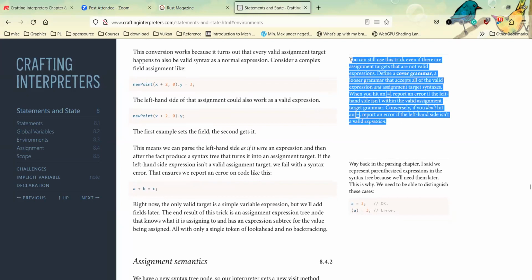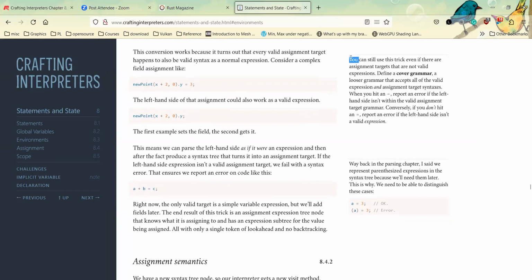Can anyone explain this side note for me? Because I don't understand this when I read this chapter. From what I understood, it's just a trick to get better syntax errors.